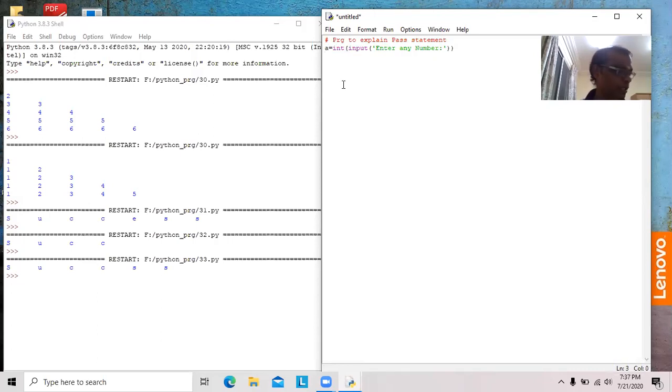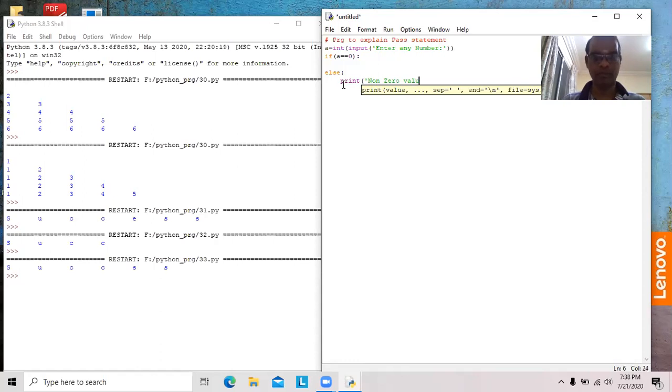Then here I would like to write if a equal to 0, it should be kept blank. Else, here print non-zero value is accepted.